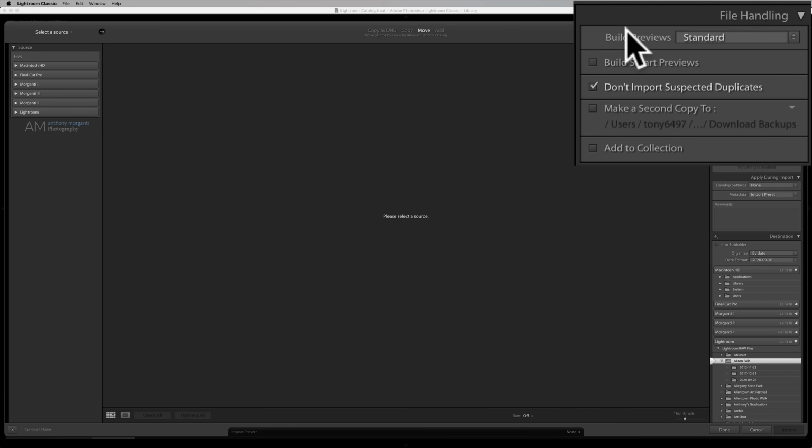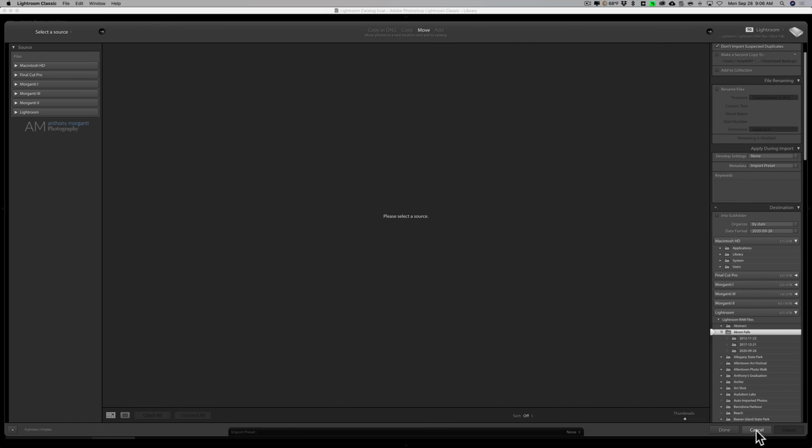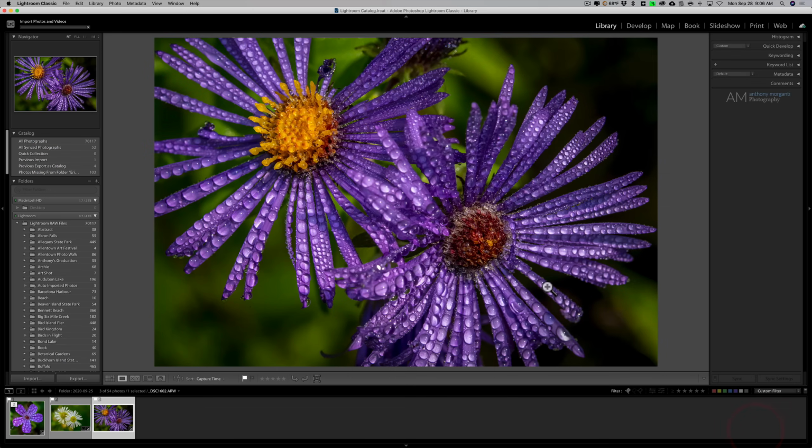Now, the bad thing about one-to-one previews is, first of all, when you're importing and creating these previews on import, it takes a long time because one-to-one previews are rather large and Lightroom has to create them from scratch more or less. So it's going to really increase the time it takes for you to import images into Lightroom. Now the second problem with one-to-one previews is they're pretty large. They take up a lot of disk space. But there's some things you could do, some settings in Lightroom you could do to help manage that.